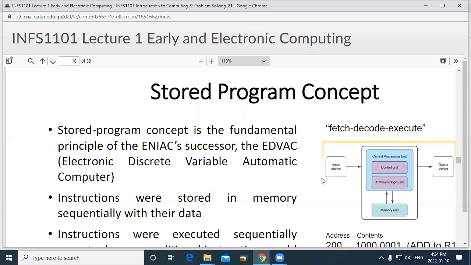A memory unit was associated with the CPU unit. The memory unit is a place where we temporarily or longer-term store data that might be used in the middle of a program, right? So we're going to retrieve that data, etc. We'll talk about all of this a little bit more. I'm going to finish on this